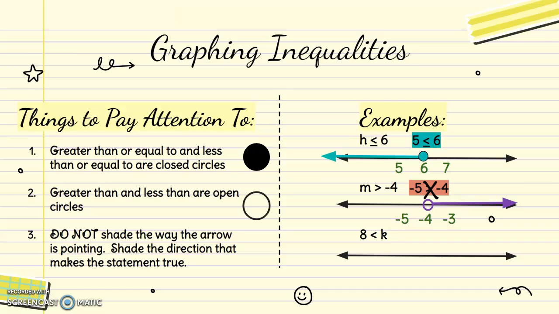Next we have 8 is less than k. On this one, we want to put the 8 in the middle, and then when we add and subtract 1, subtracting 1 makes 7, so we put it on the left. Adding 1 makes 9, so we put it on the right. Then I plug in a number,